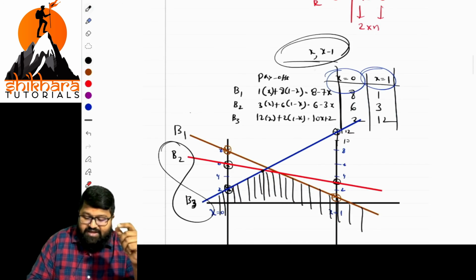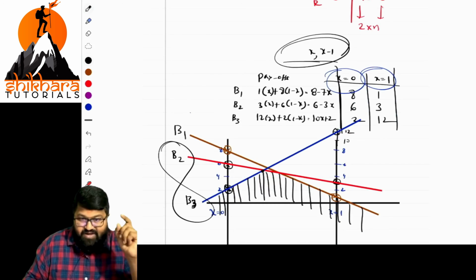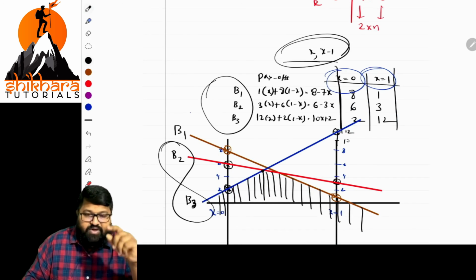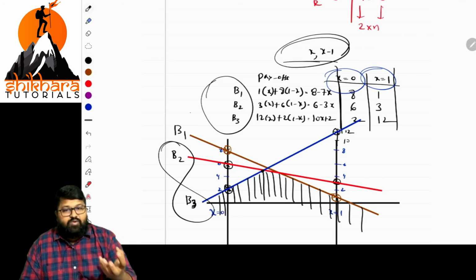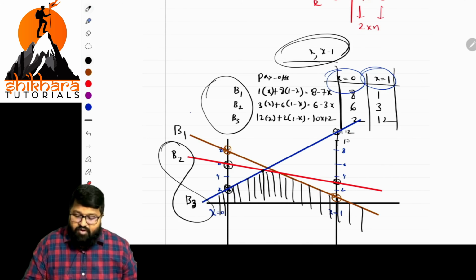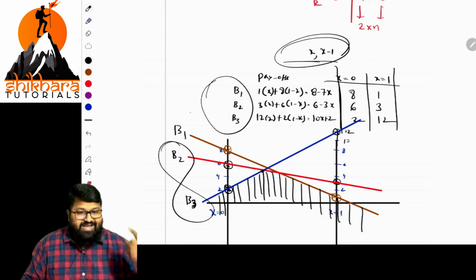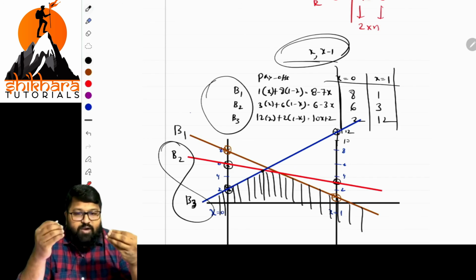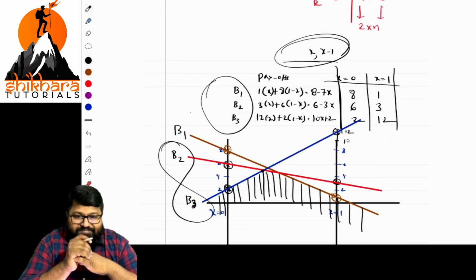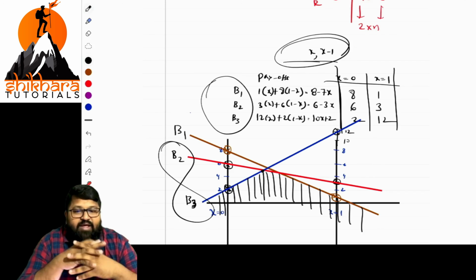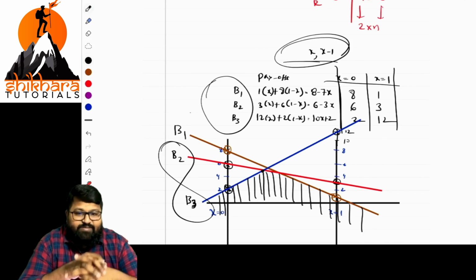And the probability taken is x, x minus 1. Okay, b1, b2, b3. The probability will be equal to 0, that we are equating it. We found the values equation, and we have taken two limits: one x equal to 0, one x equal to 1. So basically graph and all, not our cup of coffee basically. Even then, as it is exam oriented and all, I'm explaining to you.